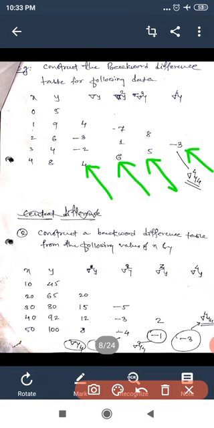In the backward difference table, consider the last values 4, 6, 5 and -3. These values are important. Similarly,